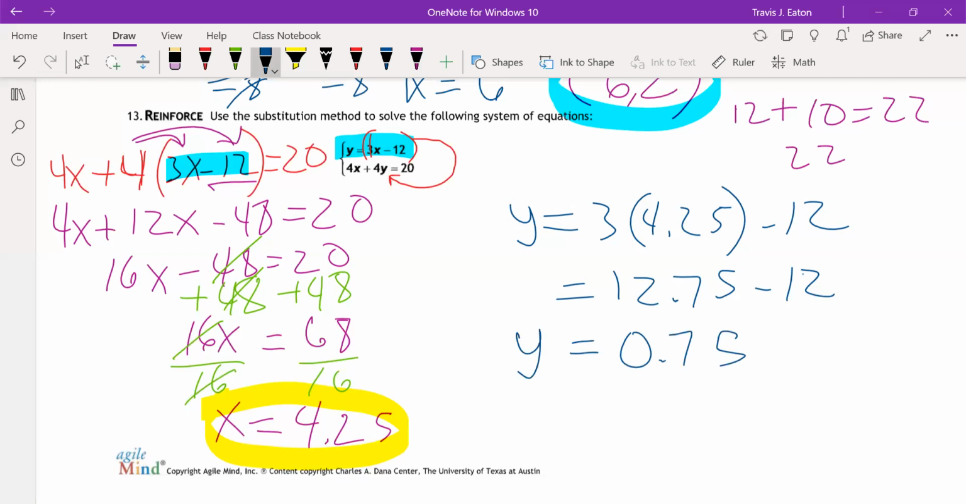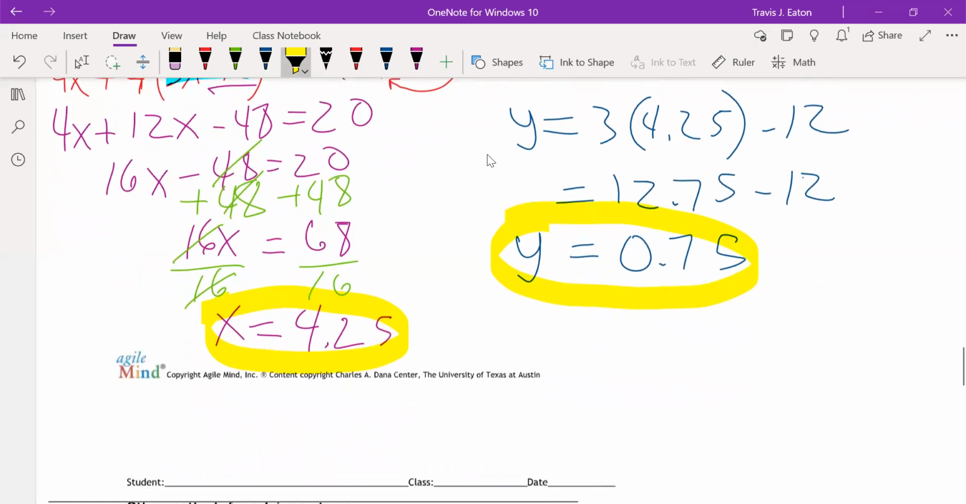And that's what y is. So we have found what x is, we have found what y is. And so now we can write them as an ordered pair for our answer. The ordered pair of 4.25 and